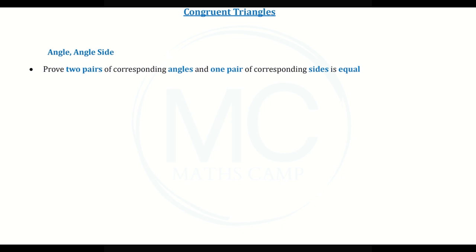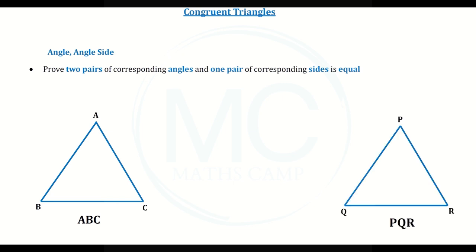So let's draw in triangle ABC and triangle PQR. Let's say that angle B is equal to corresponding angle Q. Let's mark these angles in green. Let's say that angle C is equal to corresponding angle R, and we can mark these angles down in purple. Now we can consider any pair of corresponding sides. So let's say that AB is equal to corresponding side PQ,